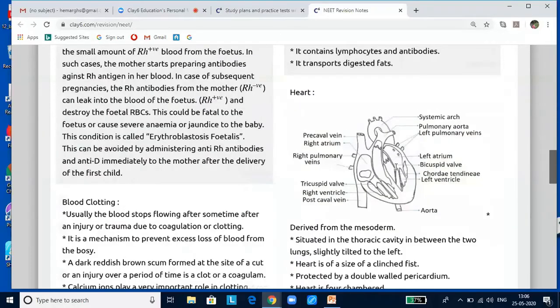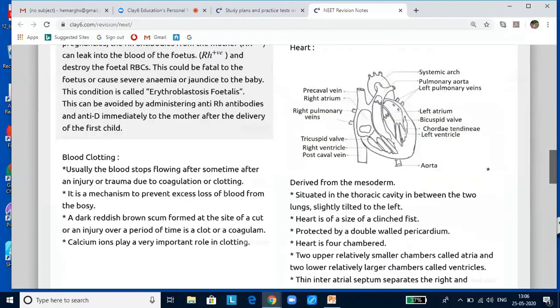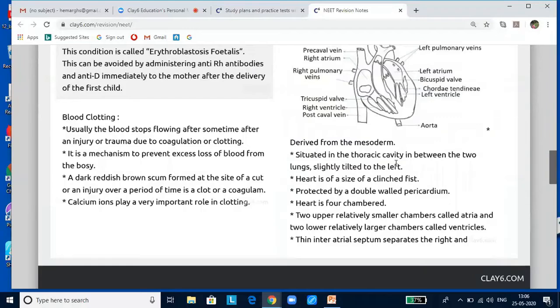Now let us look into the circulatory system. In higher multicellular organisms, there is no direct supply of useful materials and removal of waste from the body cells, so a transport system is needed, and this is called the circulatory system. Circulatory systems are generally of two types, open and closed.